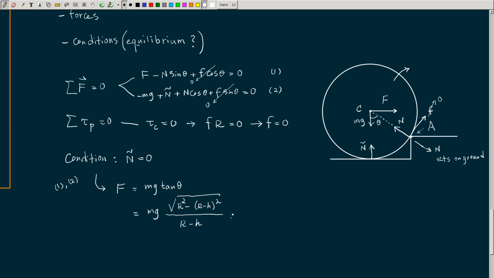Alright, this is the F we found, and this is the minimum F. Why is this the minimum F? Because we use this condition, N twiddle is 0. If the F is larger than this, the wheel will start moving. If the F is smaller than this, N twiddle cannot be 0. So this is it for problem number